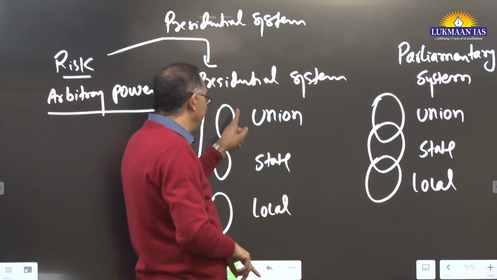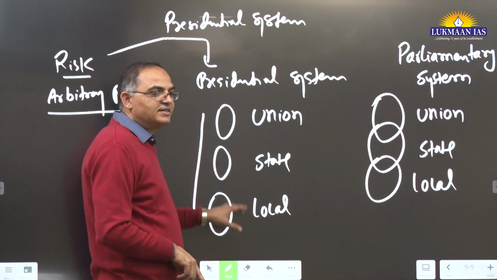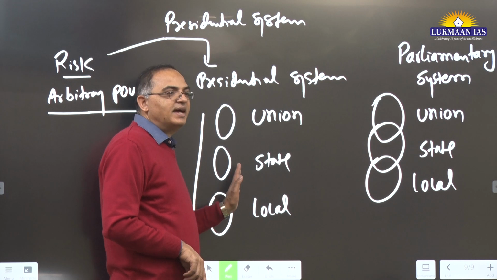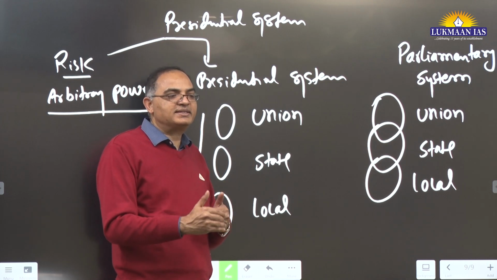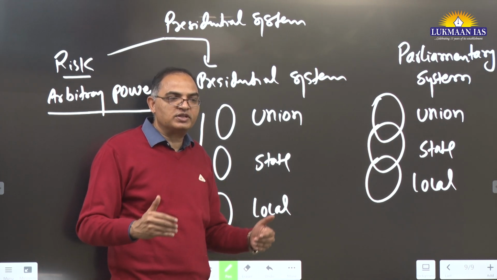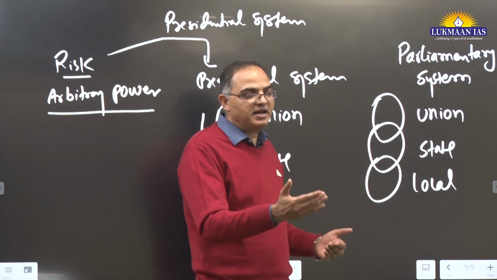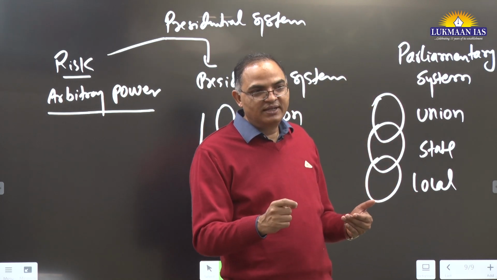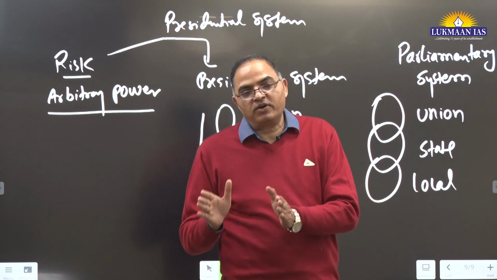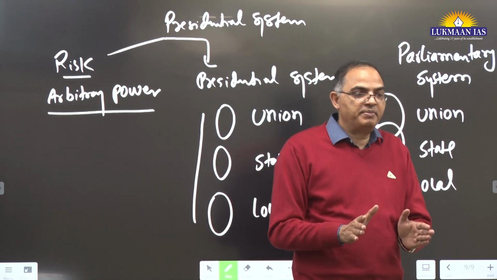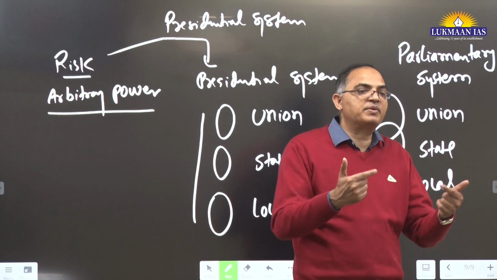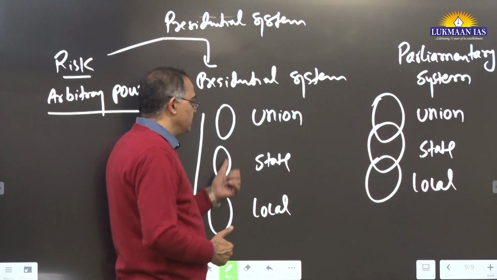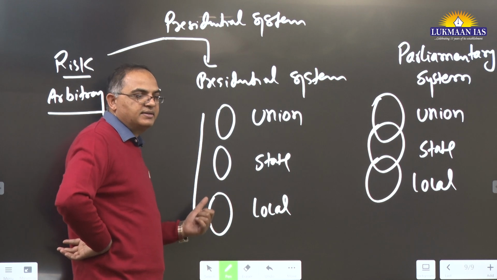This has stability factor. It also has fewer electoral malpractices. And that's why it is being said, although India still cannot adopt it, because we are habitual to the parliamentary system. The parliamentary system has also been declared a basic structure doctrine. So we may not change from parliamentary to presidential, but we can incorporate some positive characteristics of the presidential system.